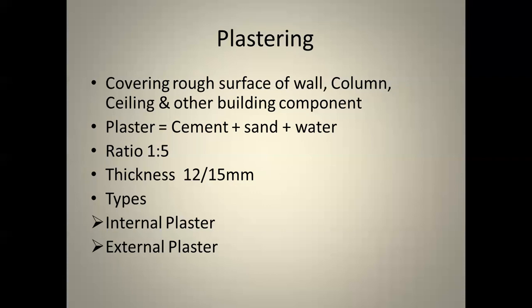The plaster which we do inside our house is known as internal plaster. The plaster we do outside, which is going to face the heat and rain, is known as external plaster. One of the main things in external plaster is you have to check whether they have provided the small grooves for the external plaster so that it can avoid the cracks.